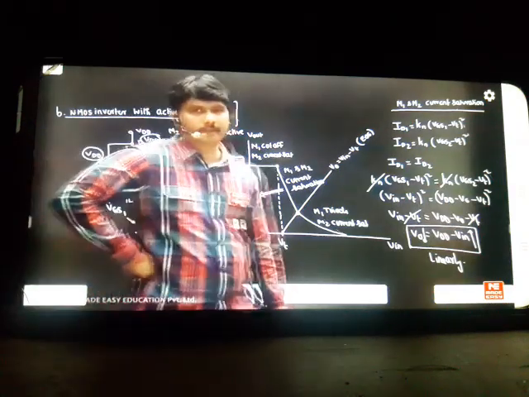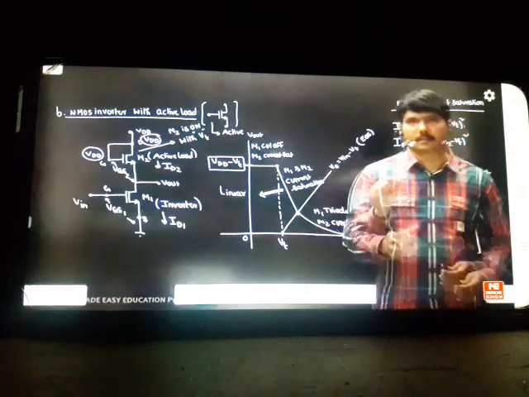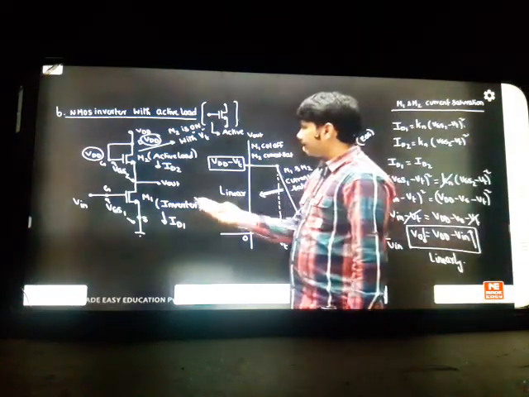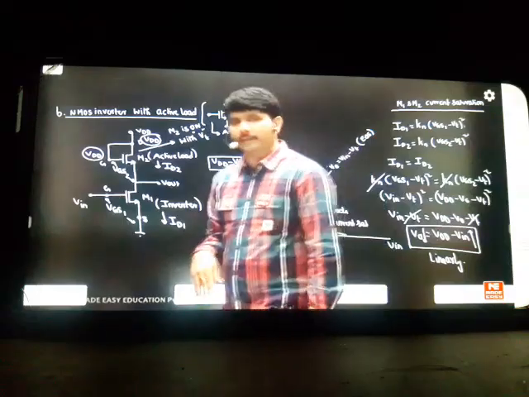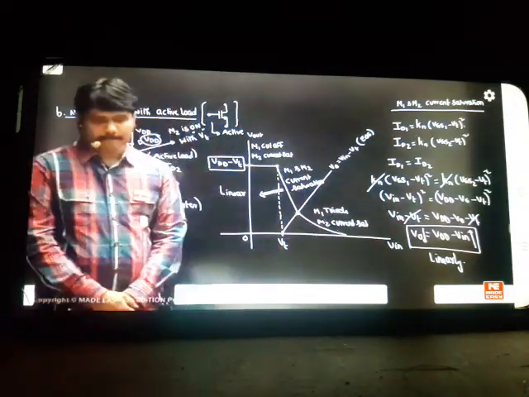Roy, how will you ask these questions here? Can't you see clearly on the board? These transistors are in series. When two transistors are in series, compulsorily the currents ID1 and ID2 will be the same or not? Why is that doubt coming to you? They are not in parallel, they are in series. That's why I have taken ID1 and ID2 the same, and I have calculated when they are in saturation.